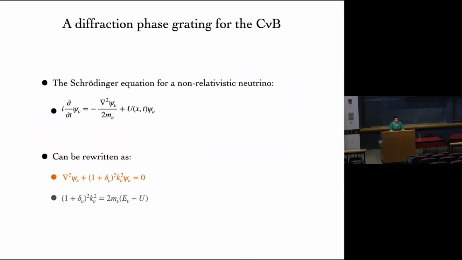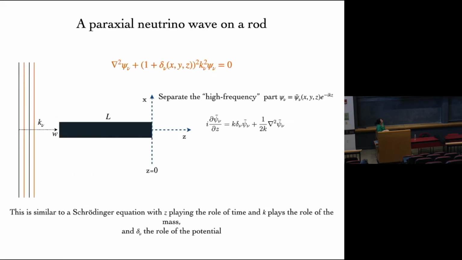So now let's look again at the Schrödinger equation and understand better what happens when a neutrino wave goes through one of these rods. If you substitute for the energy, you can rewrite the Schrödinger equation essentially like a wave equation for neutrinos. So you have grad squared psi plus (1 plus delta nu) squared k nu squared psi is equal to 0. You take that equation and you do the following. You have a wave